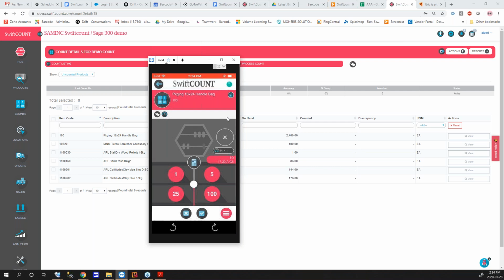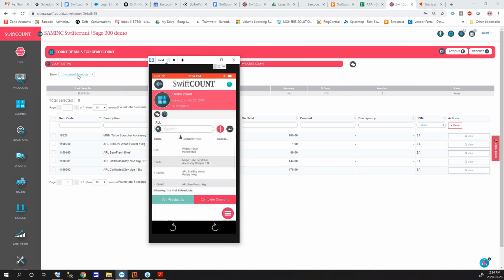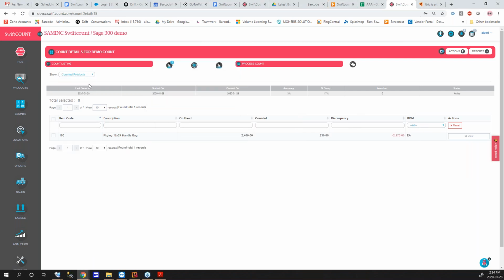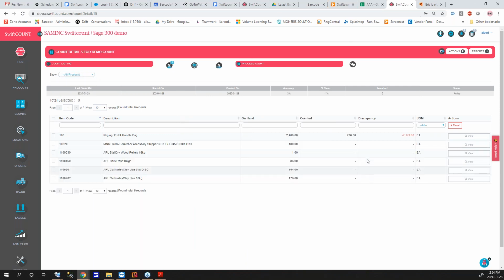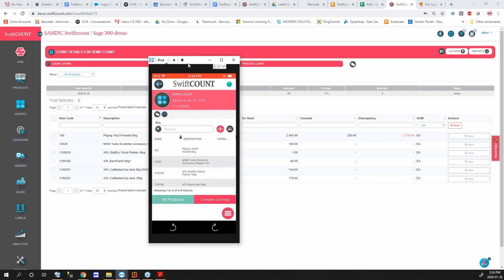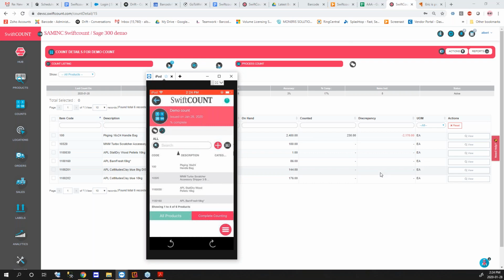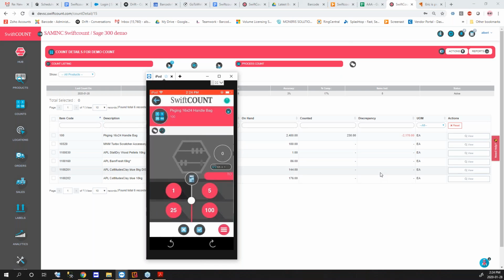Again, I would put my quantities, and then once I accept this, as soon as I counted, it shows me on the portal. You can separate either what I've counted, or I can see all the products. So for example, here, the first counter may have counted 230, and we need 2,400. So we actually don't know how many we need. The whole idea of doing a count is doing a blind count, but just for the sake of argument, let's say I'm going to count another